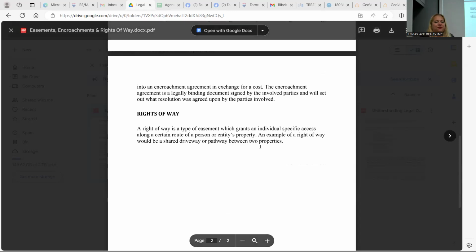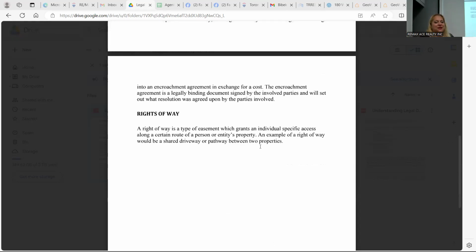Okay, and then a right-of-way. What's a right-of-way? A right-of-way is a type of easement which grants the individual specific access along a certain route of a person or entity's property. An example of a right-of-way would be a shared driveway or a pathway between two properties. If you go and show some houses in East York, we see a lot of examples of this, where the houses are really close together. It's barely enough for one car, and both people use that right of way to get to their backyard, their